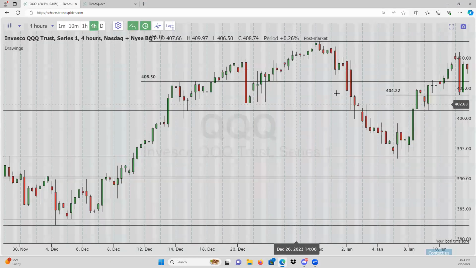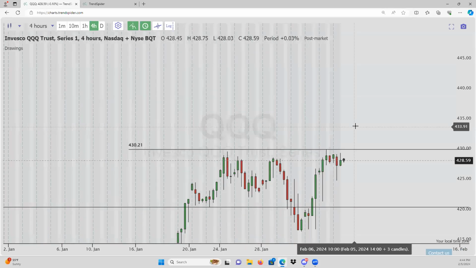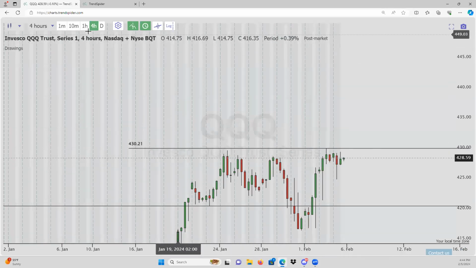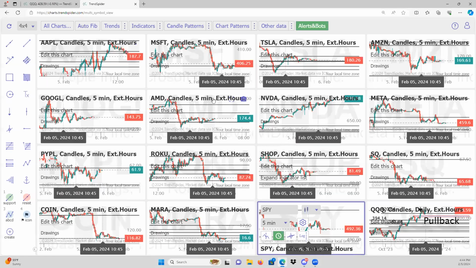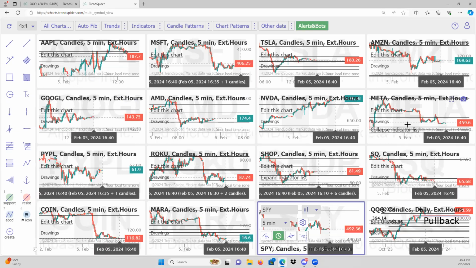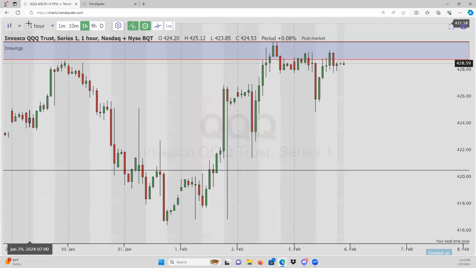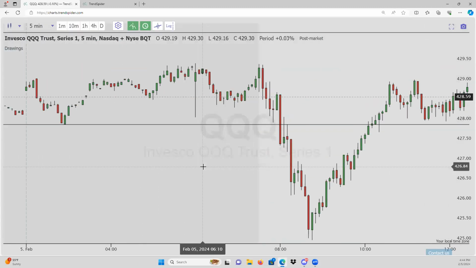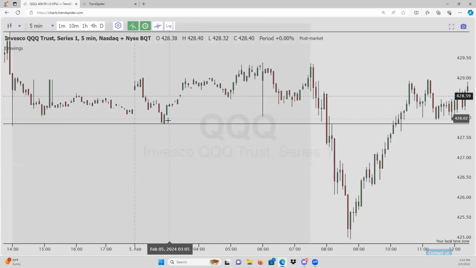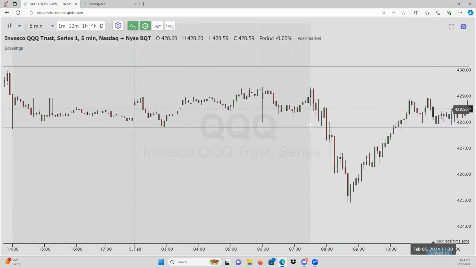We have that supply that we know of coming into the market today, right? 428, 430 supply. We can see that we were starting to get weak at open, not only in QQQ, but across the board of the top holdings here as well. The market was very, very selly at open. Now we break it down. Okay, where can I take my entry if we have a continuation of this sell? Well, pre-market low is going to be that big level that we'll be watching to take an entry if we break and hold that level.